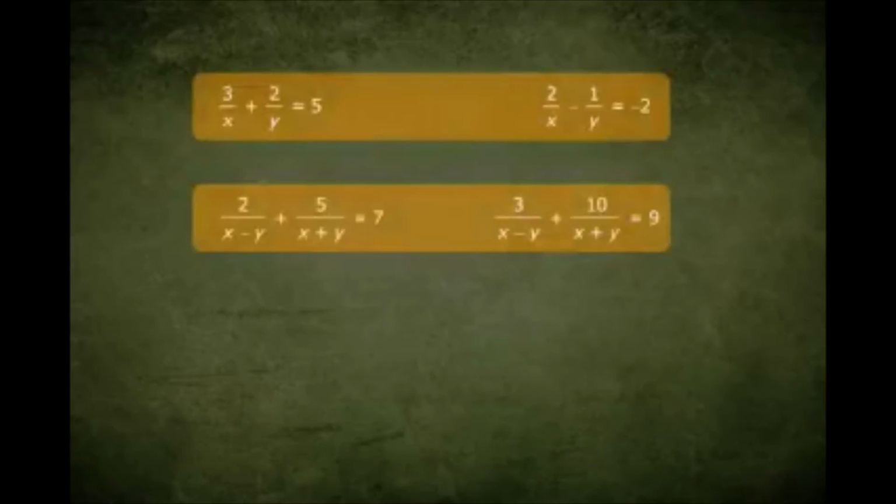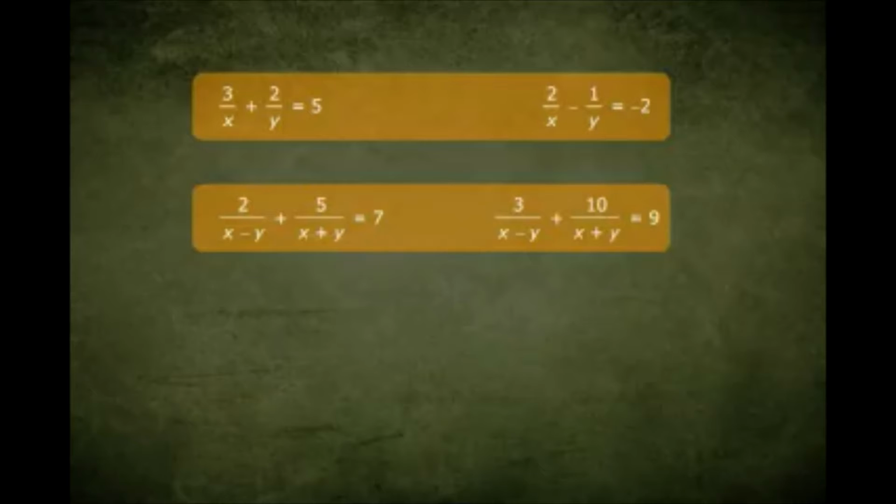There you go. As you can see, these are not pairs of linear equations. However, notice the denominators in each pair. You will find a clue, I'm sure. I'll give you a couple of seconds to think about it. Did you notice something? Yes, we can use the method of substitution and convert these equations to pairs of linear